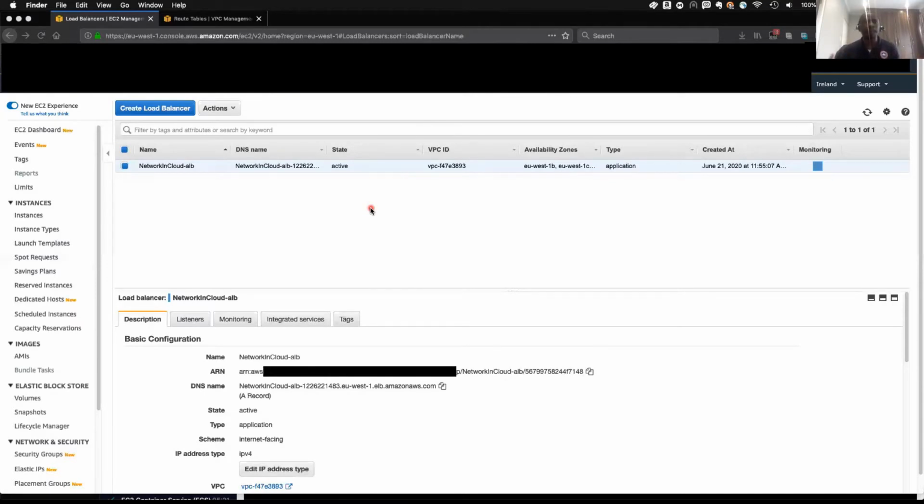Why autoscaling? A lot of people use autoscaling for different things, but this is very important in the way that you remember the previous web server that we built. Maybe it just got so popular and you have a lot of traffic coming to that web server. Eventually, the web server is going to be performing poorly, and you don't want that. You want to be able to make it available. You want it to be able to serve traffic to your client, and this is why we use autoscaling, because